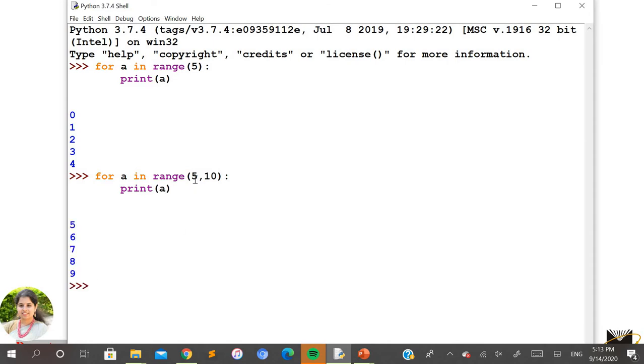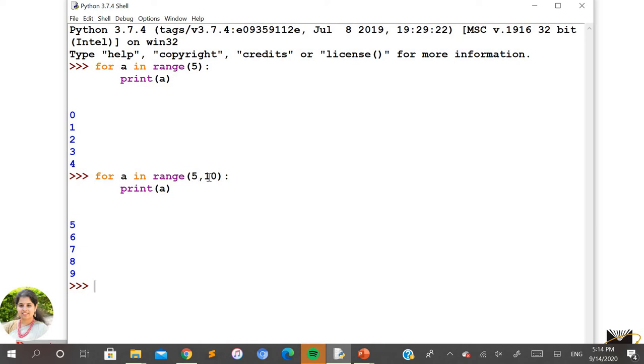So you can see here it is going to begin with the first parameter, that is 5. If you have taken only the two parameters, the second parameter is going to be considered as the last parameter, that is to tell where you have to stop, one value less than the last parameter, that is 9. But you can see if you have not taken the third parameter, by default it is going to increment all these values by 1. So that is starting with a 5, next increment by 1, 6, then increment by 1, 7, 8, and 9.